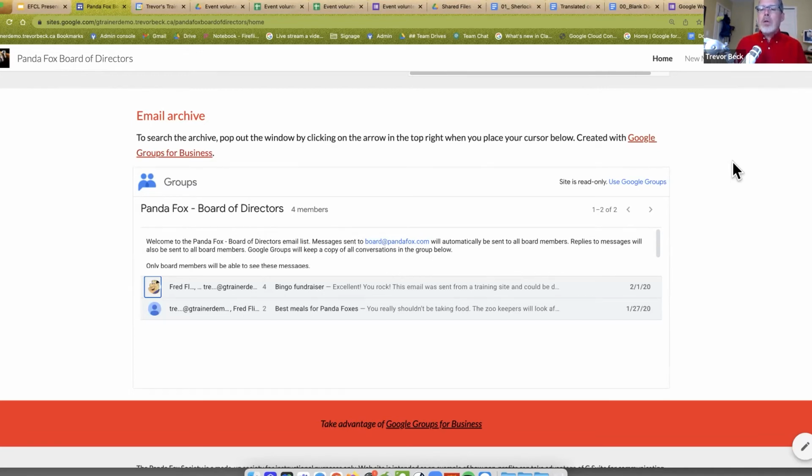The way this works, though, is we're using what's called Google Groups for Business. By default, with your personal Gmail account, you can use Google Groups, but you don't own or manage that. So let's say the person that created it leaves, there's no way for you to get in and say, I'm the new owner of that. You have to contact Google, and I guarantee you're not the only person trying to get access to something, and you're going to have to go through all this authentication. Are you really you? You may never get ownership of that group. We're using Google Groups for Business, which is part of the nonprofit tools.